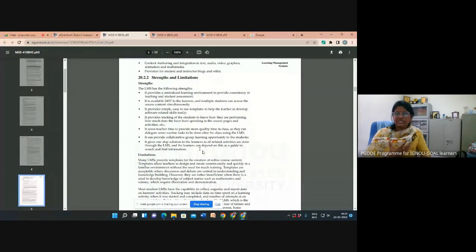For teachers, the administrator can track the teachers: how many of them are interacting with the students, how many times the teacher logs in to the LMS, and why they have not logged in, what is the problem. So this is also for the administrator, they can track the teachers. Okay. That also is a very good one.